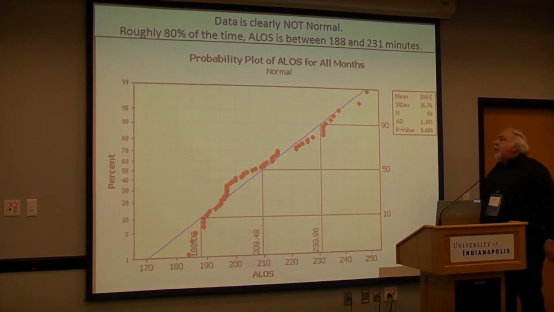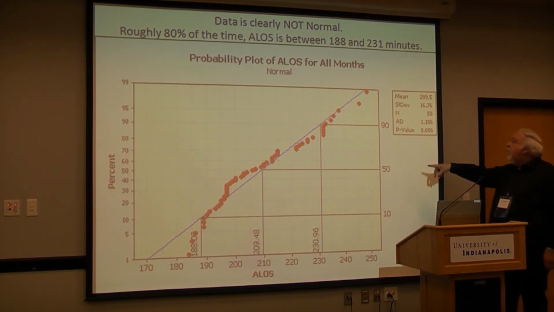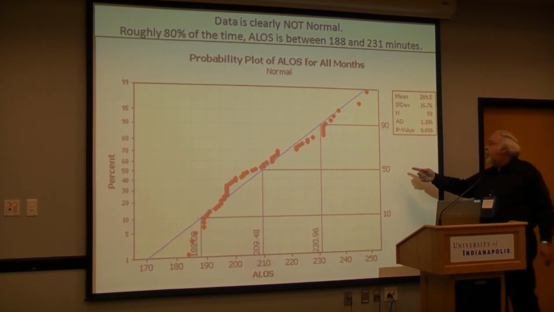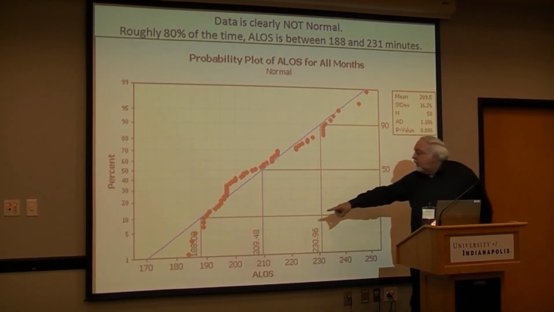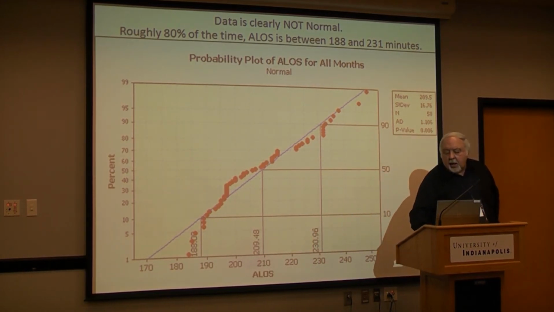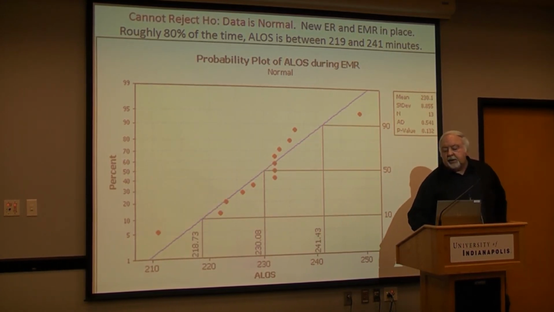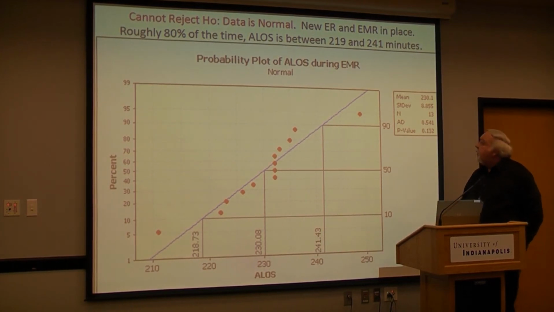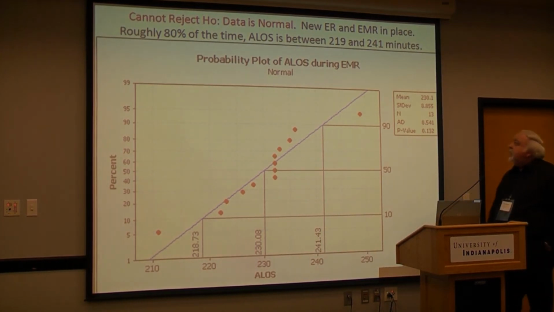This normal probability plot is looking at all the data, and first of all, it is certainly not normal, and you probably shouldn't forecast on this, but I put it up there to show you. There's the original average of 209, and now you see that when you look at just that final stable period,